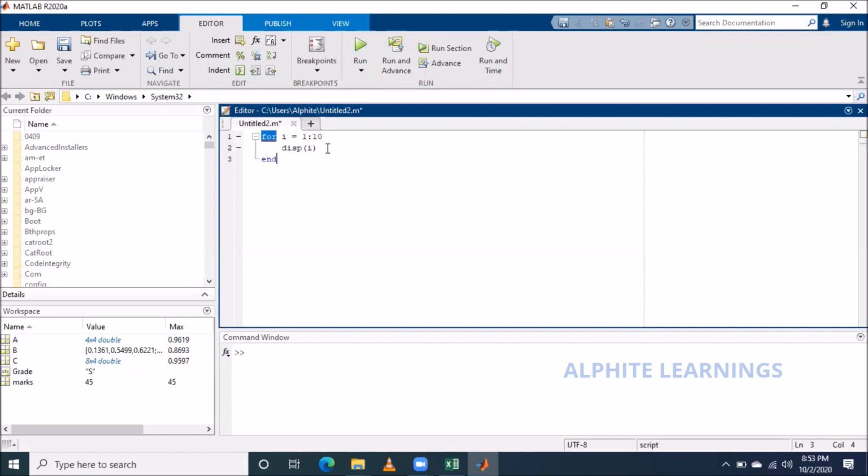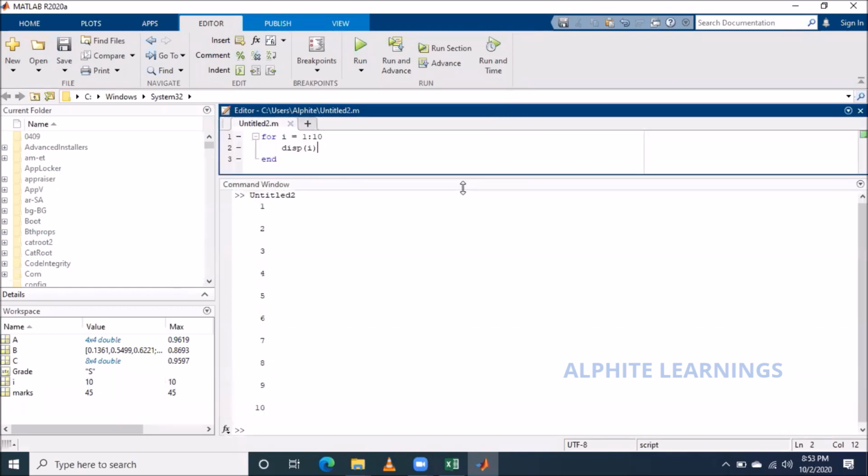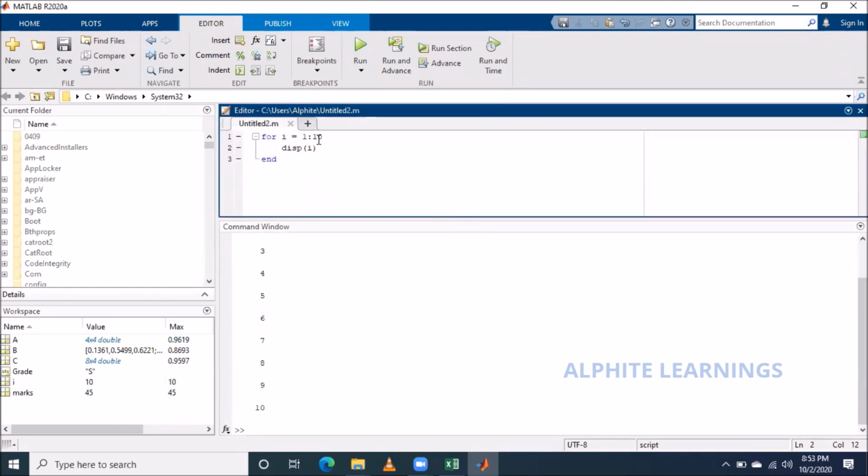I started here and I end here. Okay, I'm just going to run. You can see, in the first loop it was 1, next it goes 2, 3, 4, 5, 6, 7, 8, 9, 10. It keeps doing this until the condition is satisfied, until i is equal to 10, then it just moves on.